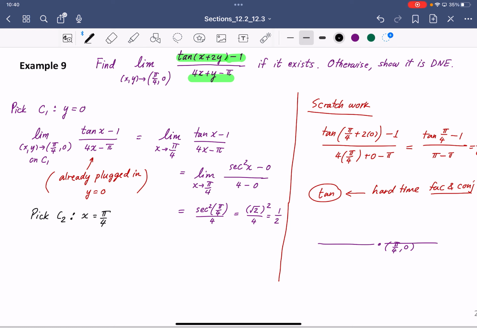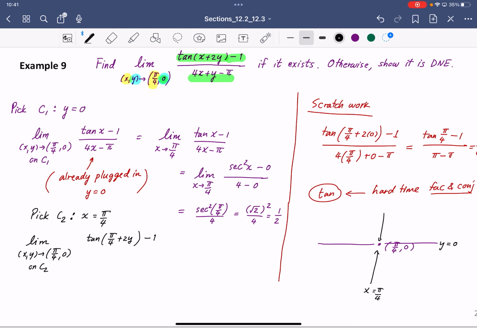This is another line that you can pick, because x is going to pi over 4 and y is going to 0, right? Another line that you can pick is x equal to pi over 4 or y equal to 0. These are the first two lines you can pick, and you hope that once you do this, it's okay. You can apply the L'Hopital rule after you pick x equal to pi over 4. This is on C2. So once you plug in pi over 4, you're going to get tan pi over 4 plus 2y